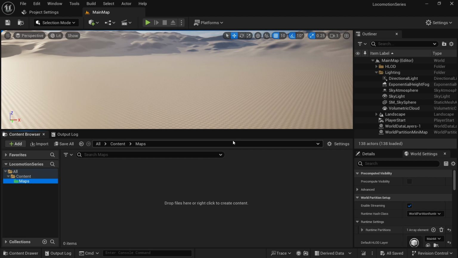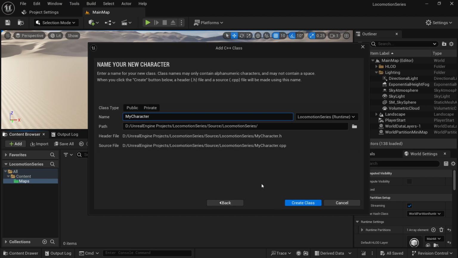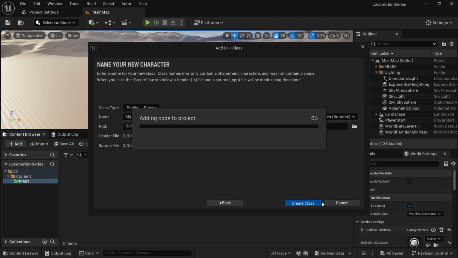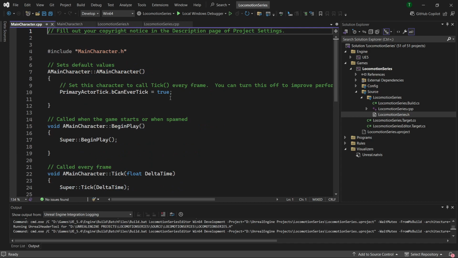Now let's start creating our character. We'll create a new C++ file of type character. At the top bar, select Tools, click New C++ class. We will select Character as the base class. Rename it to anything you prefer. I will call it Main Character. Finally, hit Create. We chose the Character class as the base for our character because it provides all the necessary